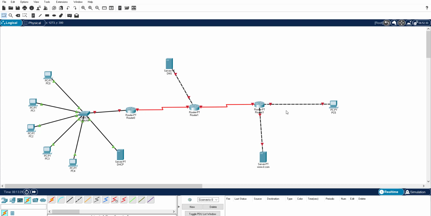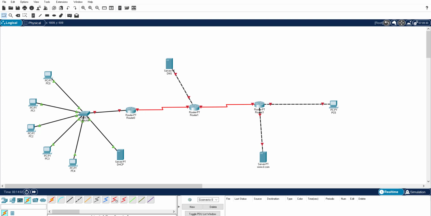So step number 1, designing the topology, is done. The topology is now ready, physically ready. The next step is we have to assign the IP addresses for all the devices. That is going to be a very important one. So step number 2 is we have to plan the IP addresses, or assign them. After a little planning, I'm not going to write the planning on paper, I'm just going to have a rough plan. Then simply I'm going to assign the IP addresses.